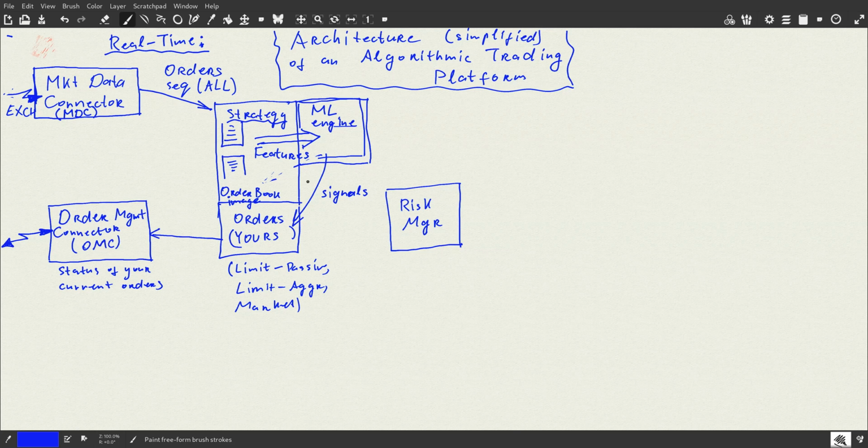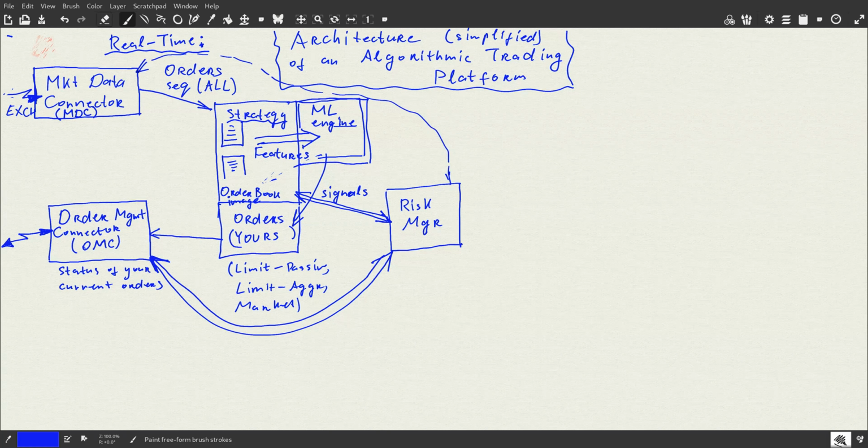So the risk manager typically intercepts all significant activities which occur, first of all, in your strategy, and secondly, in your order management connector, and if something goes wrong, then it simply acts as a kill switch, stopping your order management connector from continuing operations, physically stopping it, possibly killing it by a signal, preventing it from sending further orders. Also the risk manager needs market data information, and therefore it receives this information, again one way, the opposite way, from the market data